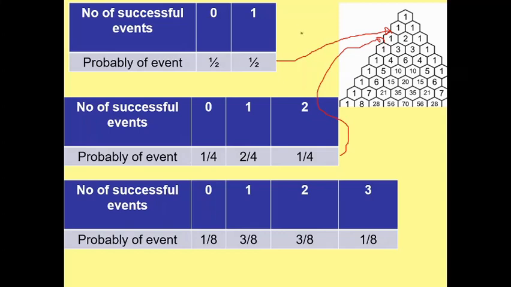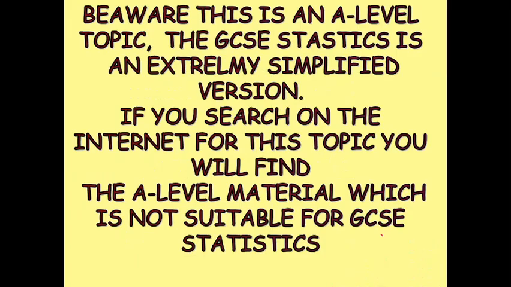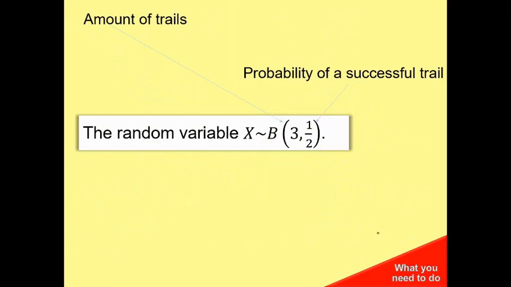Now my denominators: the chance of the event happening was 1 over 2, that's 2 to the power of 1. This one here, again, the event was 1 over 2, that's 2 to the power of 2. And my denominator here was 2 to the power of 3. So I've got all the information now to work out these events. But these questions, when they're given to you in GCSE stats, are really structured. You're given the line that you need and everything else should be fine. So your notation for this is sometimes